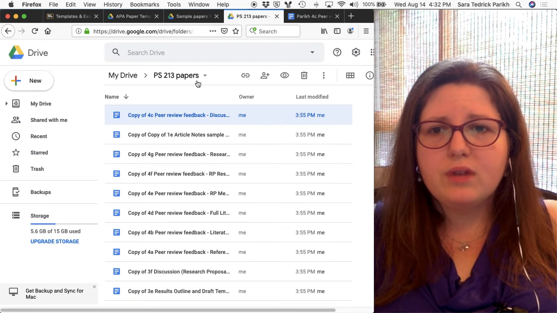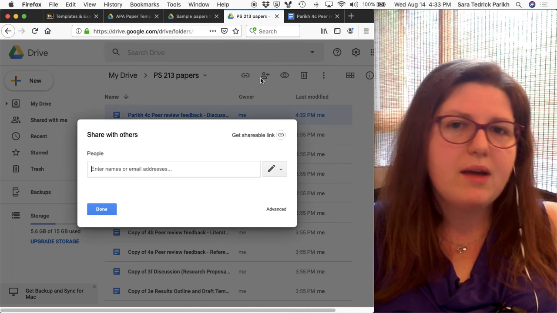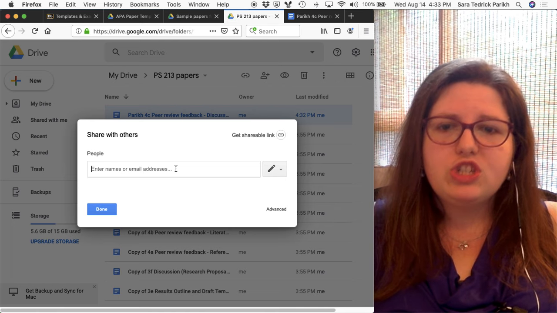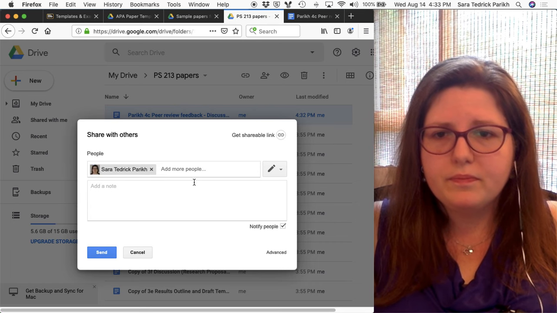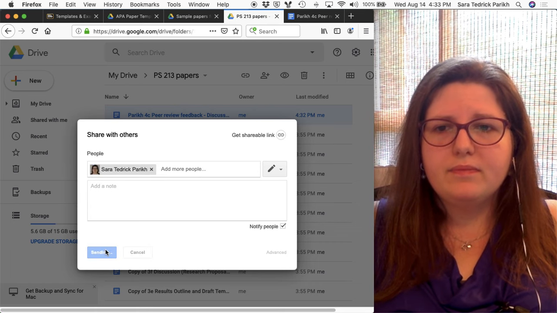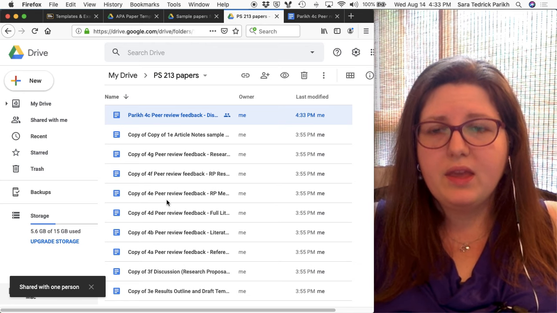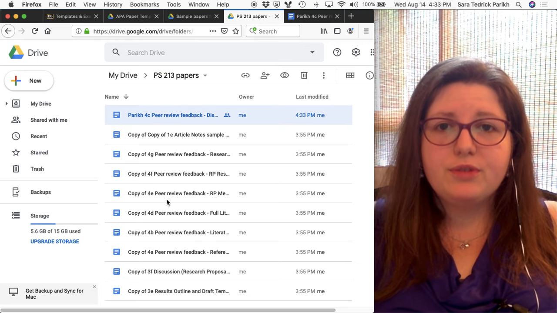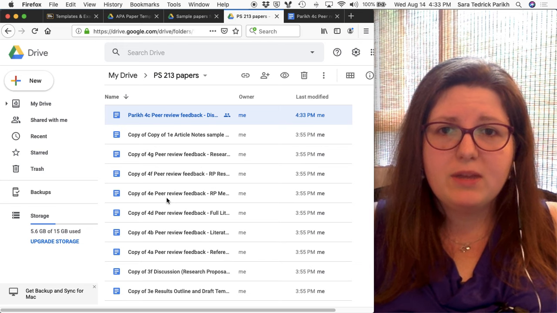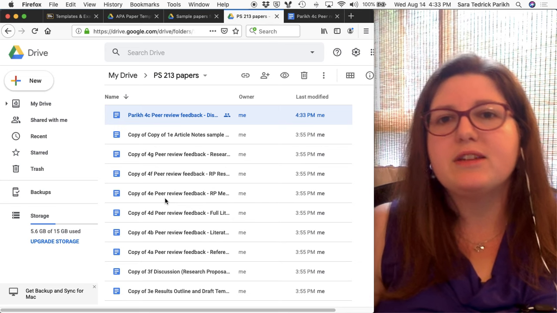What I might do, if I were you, is just share the whole folder. So if you think you might want me to comment on anything when I grade, I would share the whole folder with me, sparikh@caldwell.edu. And that just makes sure that I have permission to access everything. I'm not going to automatically go looking for your file when I'm grading. So you would then have to include a link to each document when you submit it if you want me to comment on the document,